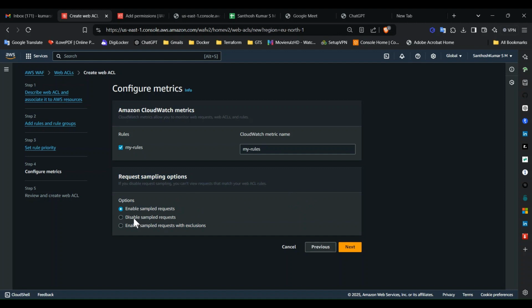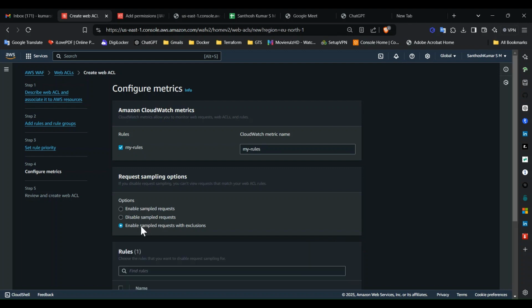If you disable it, sampling is off entirely, so you cannot view the matched requests for debugging and analysis. And if you choose the last option, that is enable sample requests with exclusion,